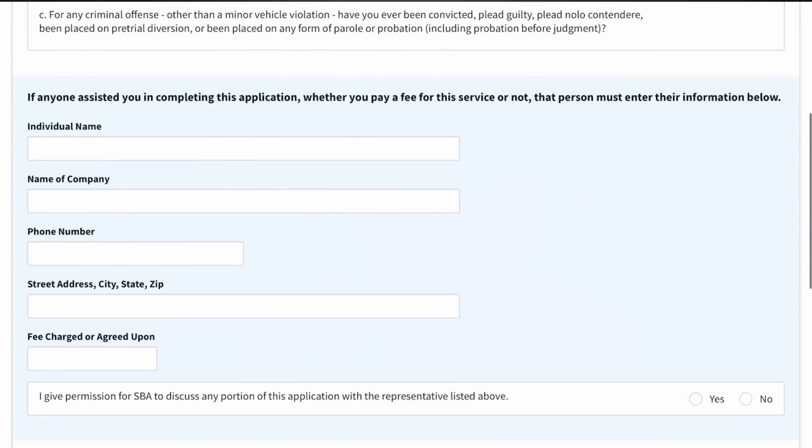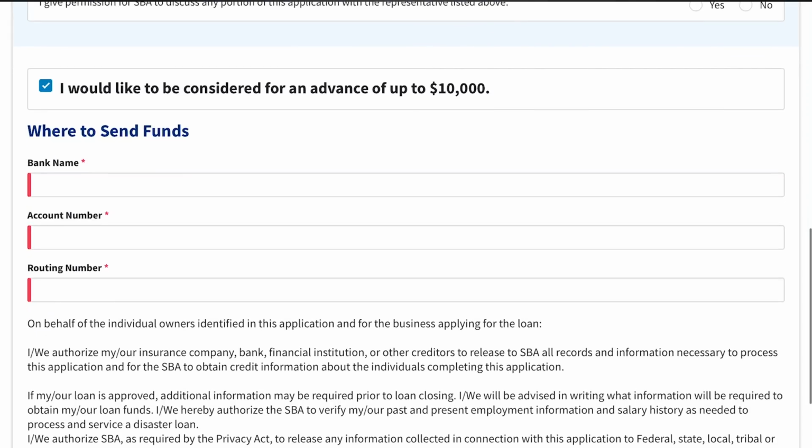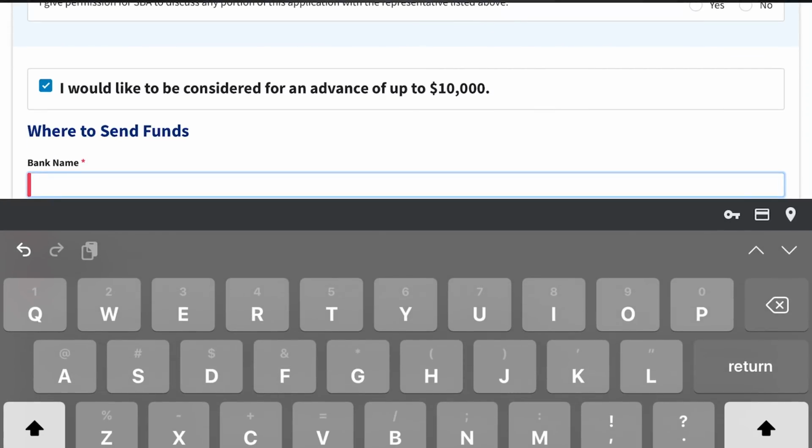So I'm going to scroll down. If anyone assisted you in completing this application, put this information. Do not put my information. I did not assist you in completing this application. We're going to scroll down a little bit further. And would I like to be considered for an advance of up to $10,000? Check off yes. Put your banking information,